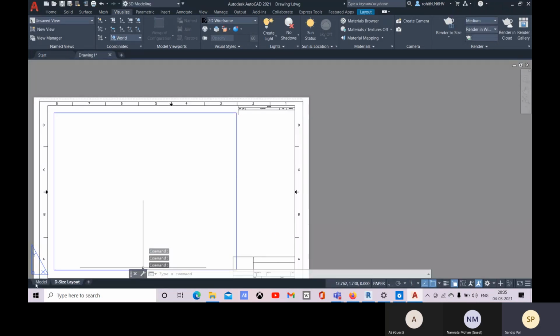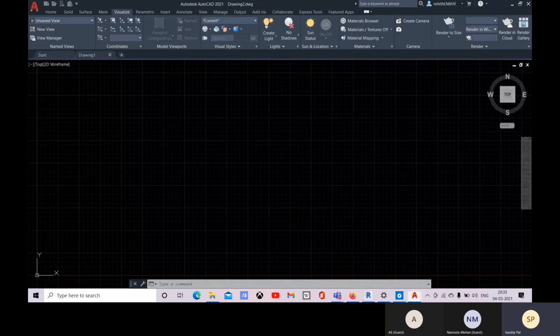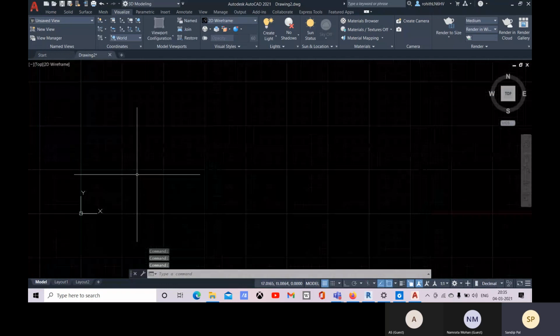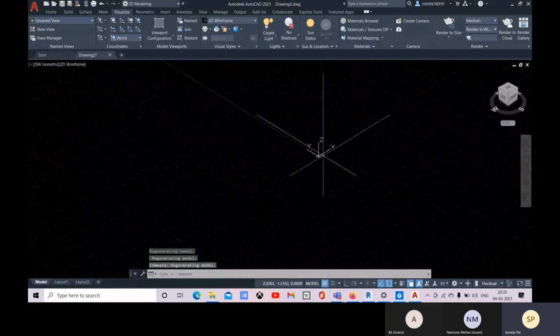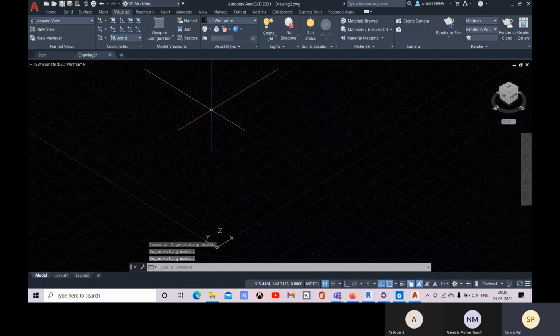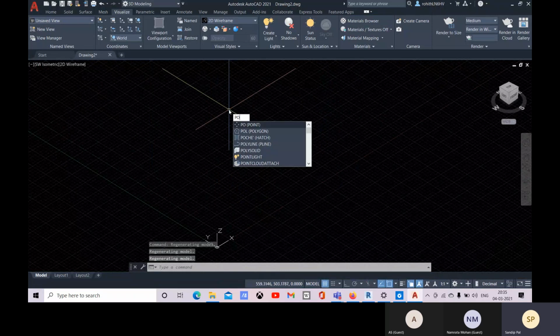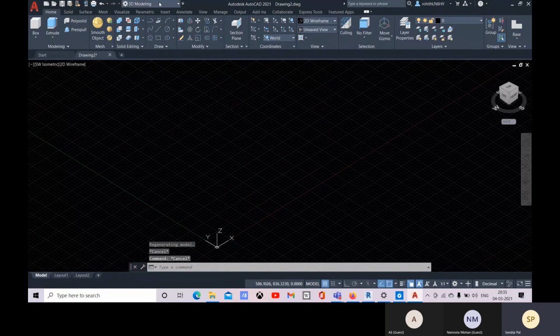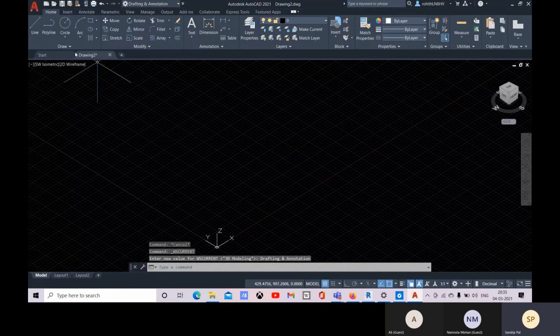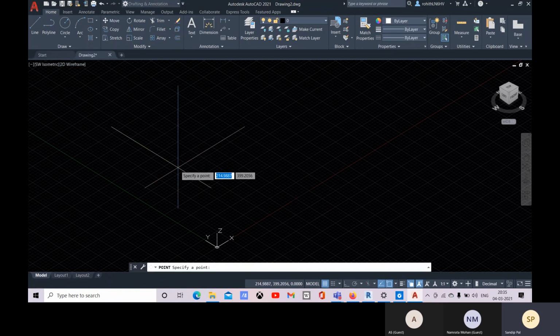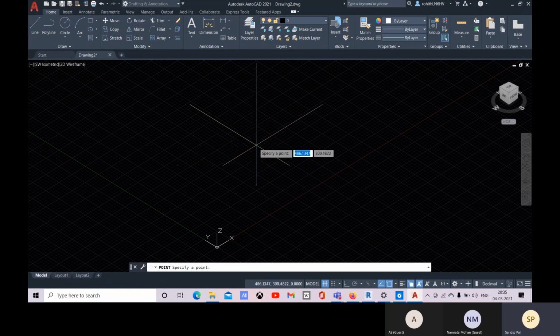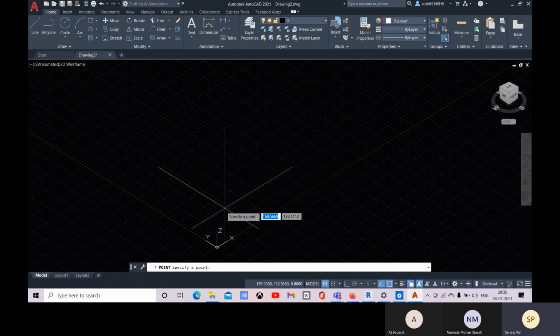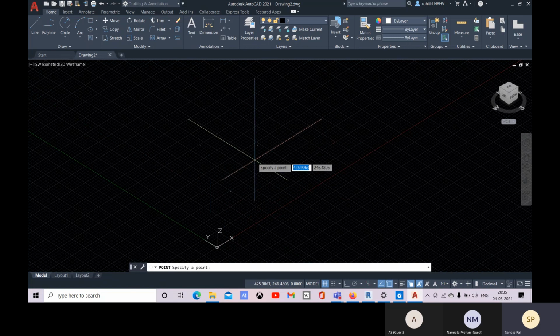Okay, so let's come to this. Let me create one. So how you can create points: or else you have another option, the draw panel, where there is a multiple point option. Like this you can place points.